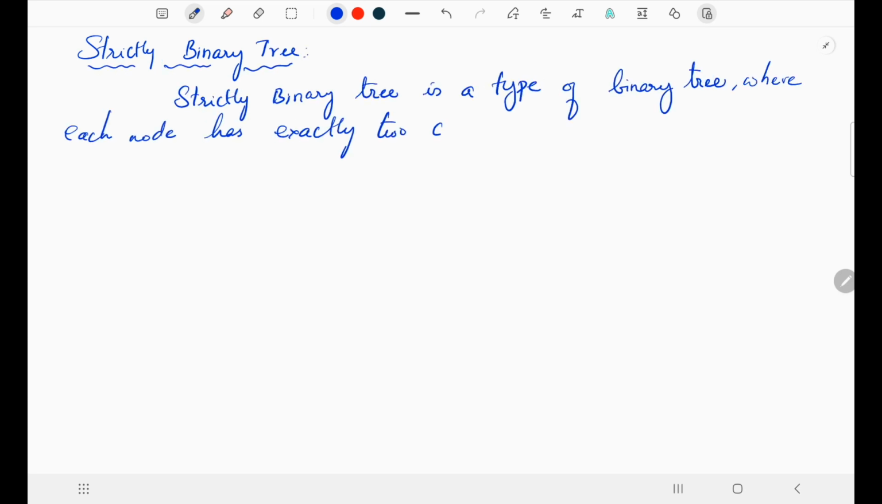Strictly binary tree. A strictly binary tree is a type of binary tree where each node has exactly two children or no children at the leaf level. Okay. Example, we can say an example of a strictly binary tree. Suppose this is the tree of nodes A, B, C,